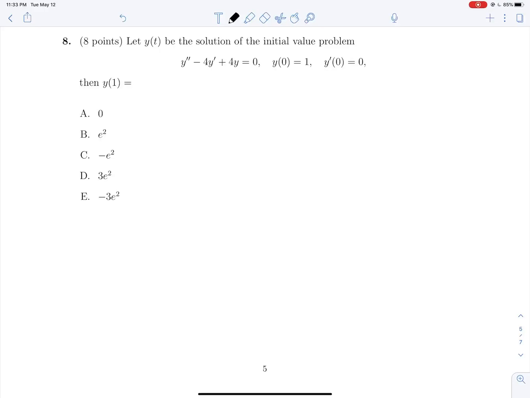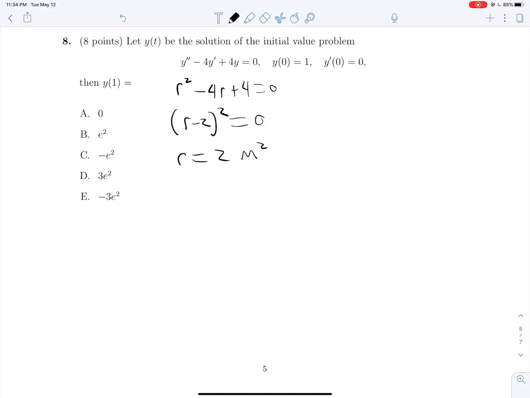Question 8, y of t is the solution to this initial value problem. We're finding y at 1. So since this is homogeneous, the only portion of our solution that we need to solve for, well, it's our entire solution, is our characteristic solution. So we need our characteristic equation. That's given by r squared minus 4r plus 4 is equal to 0. R minus 2 squared is equal to 0. That has roots r is equal to 2 with a multiplicity